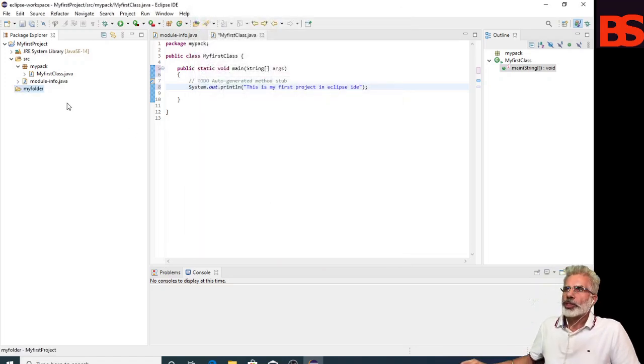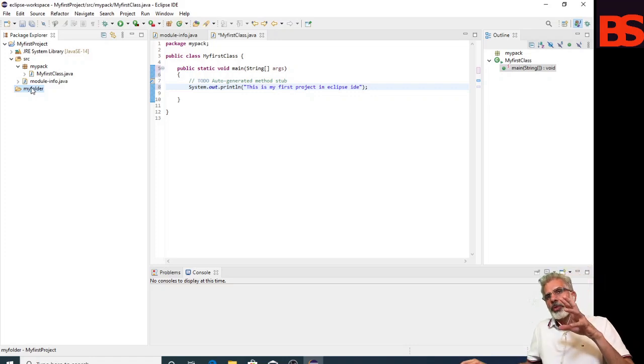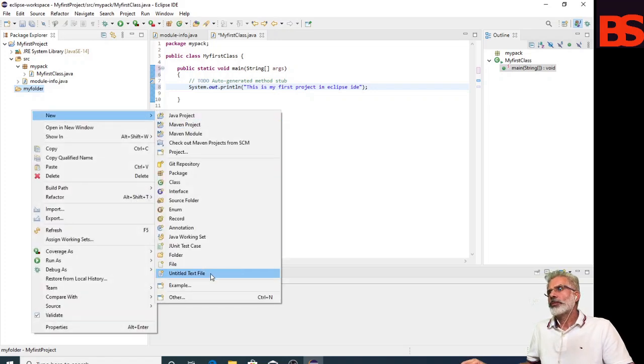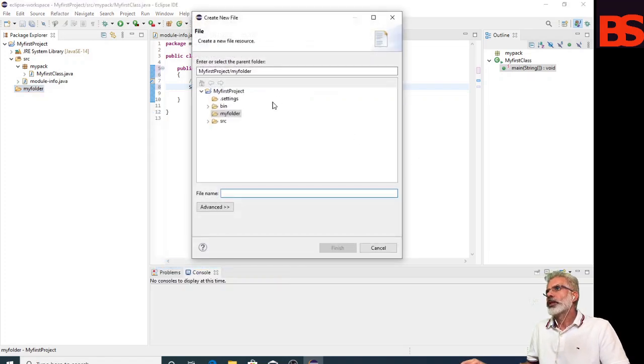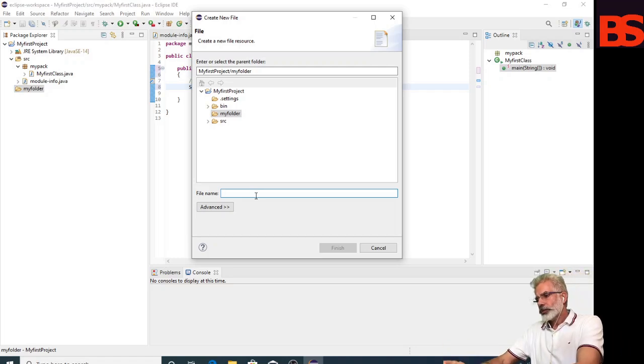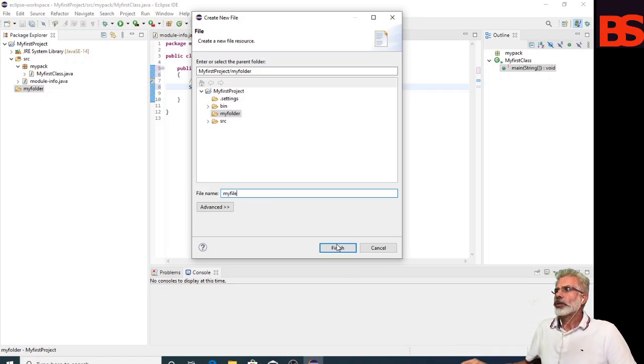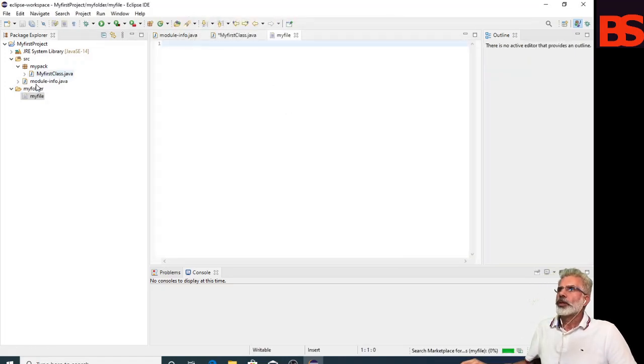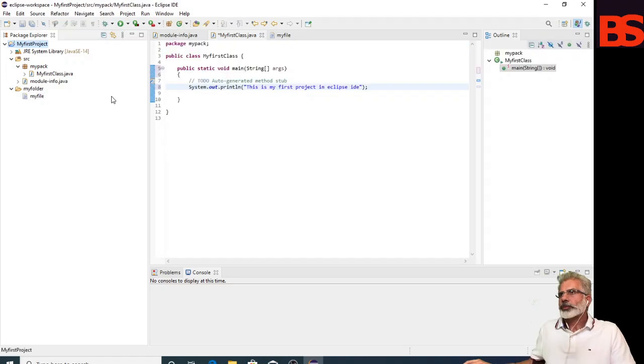You can change it according to your requirement. Now if you want to create any simple text file, you can create a new simple file, and the simple file, my file, has been added in your project.